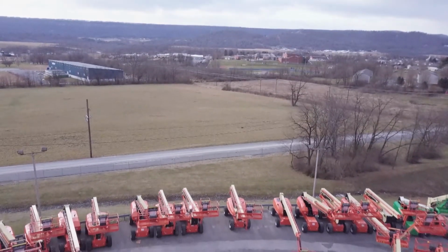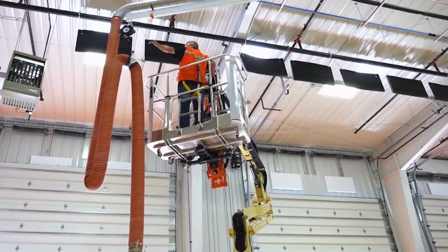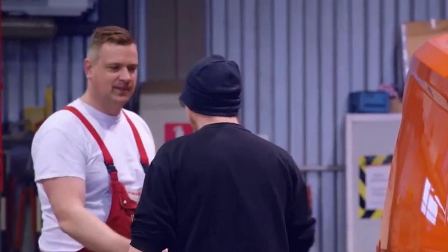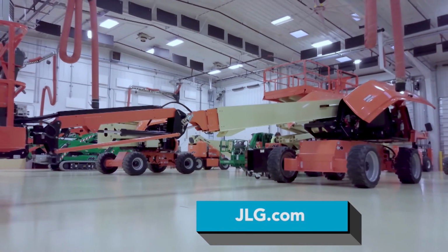Having started as an industry pioneer, on its 50th anniversary, JLG Industries remains a leader thanks to a culture of innovation. We listen to our customers, we understand what their struggles are, what their unmet needs are, and that really motivates us and inspires us to develop solutions for them to keep them safe and keep them productive. Business success and the safety of our customers remain our #1 priority. And one thing I can tell you for sure is that you will always see JLG at the forefront of